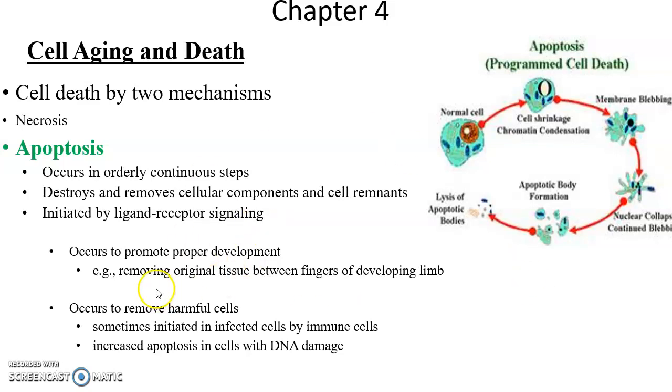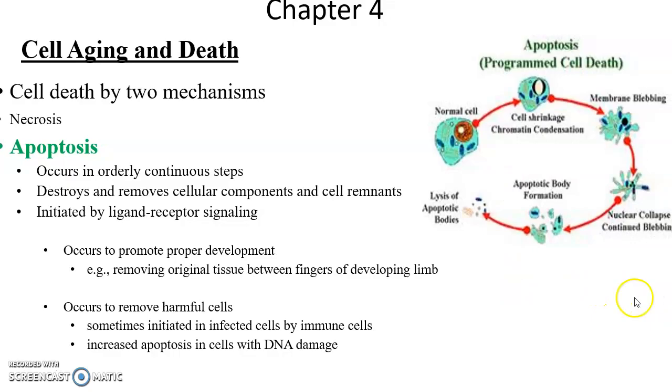Apoptosis can also be used as a way to get rid of harmful cells, a way for the immune cells to cause our own body cells that are infected by a virus to destroy themselves in order to stop making that virus. It can be useful to cause apoptosis in cancer cells because cancer cells look a little different from our normal cells, and sometimes immune cells can detect that. So again, apoptosis, programmed cell death, the desired, planned for death of our cells.